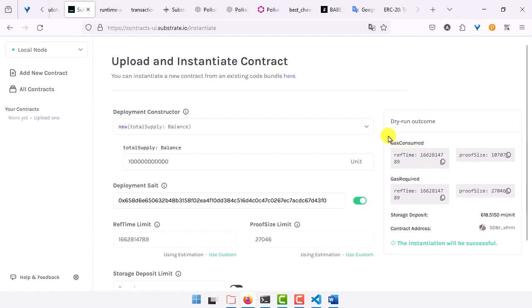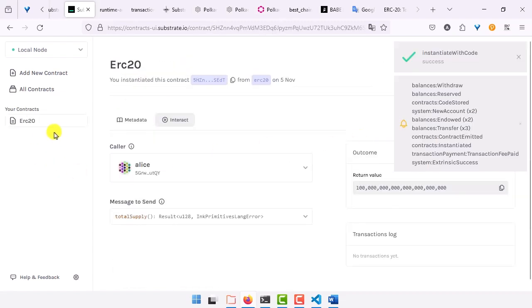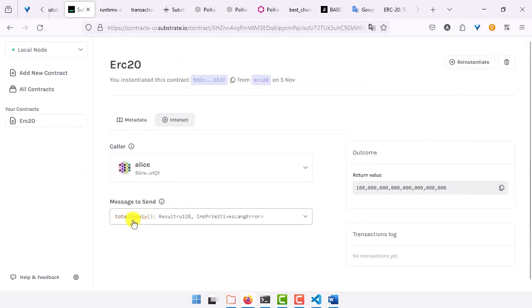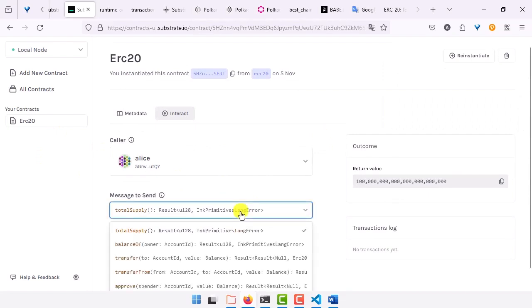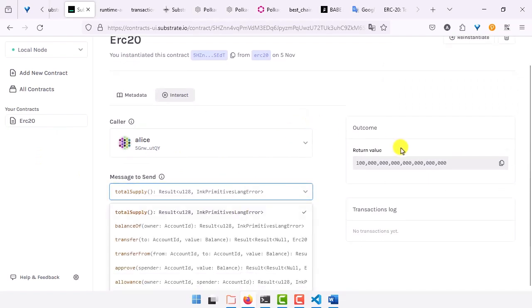Obviously, when we speak about a dry run, it's like a test bed or sandbox, so it will not influence your production environment. Good. After deploying your total supply, you can transfer some balance between users,